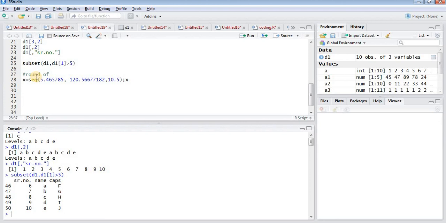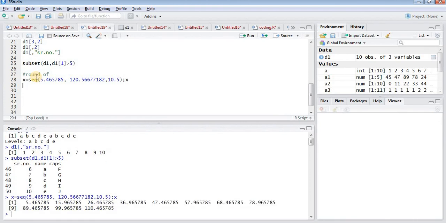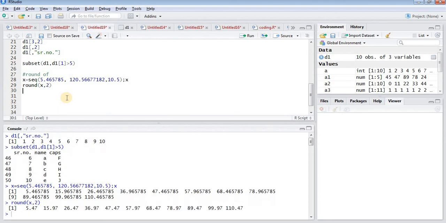These are very long fractions, and I want to round them to 2 decimal places. So I will write round within brackets x comma 2, which will round the decimal up to the second level.